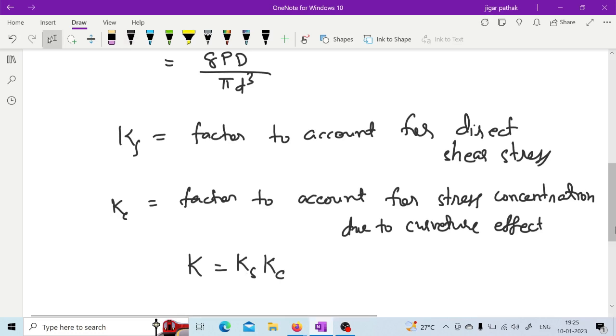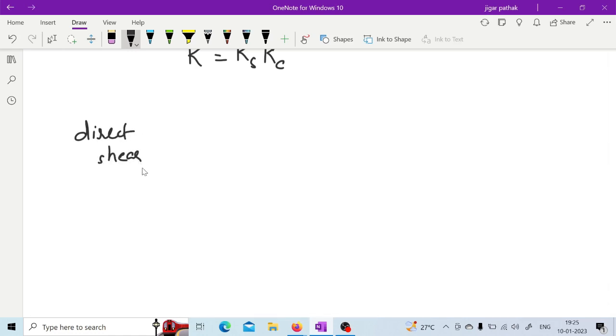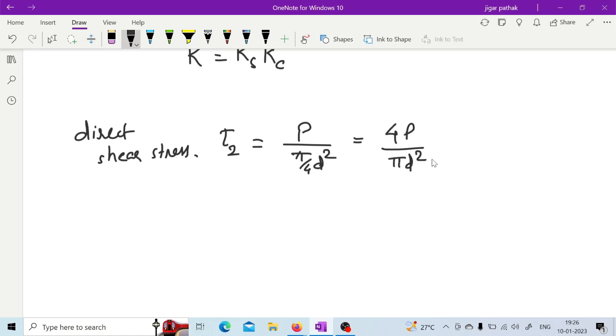So we will see how this particular constant is going to be used, but before that, if we consider the direct shear stress itself, direct shear stress acting in this particular case as, let us say, tau 2, then that is nothing but this force divided by area, right? So tau 2 is equal to load upon area. So if you write this, that is 4P upon pi d square. Now if you further simplify it, then you can also write it in terms of 8PD upon pi d cube